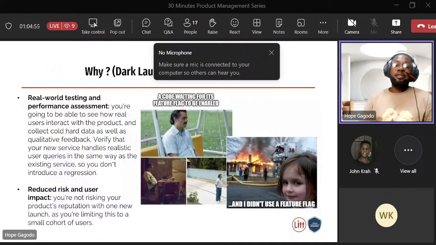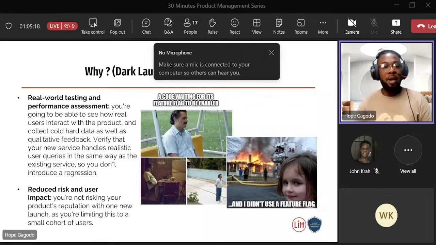Okay, one is for real-world testing and performance assessment. Of course, you introduce these feature flags or implement the dark launch to be able to get performance feedback on how the app is actually working on the market, or how the product is actually working on the market, and how it would handle realistic queries,